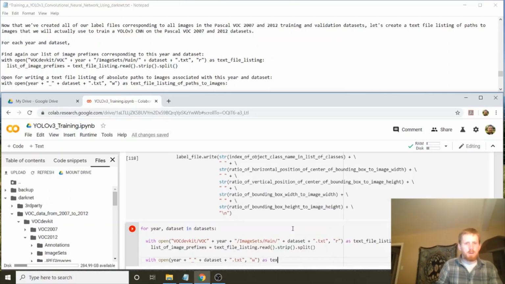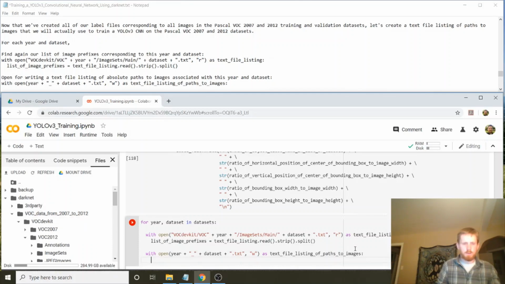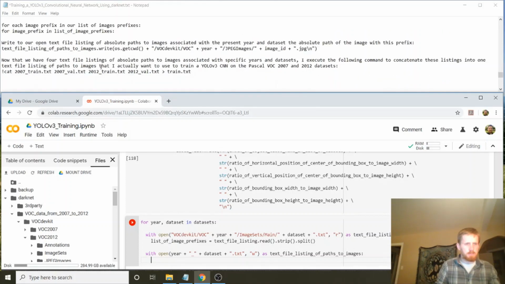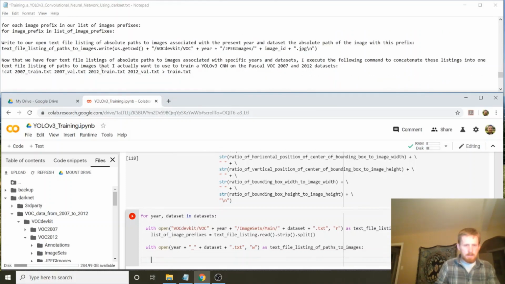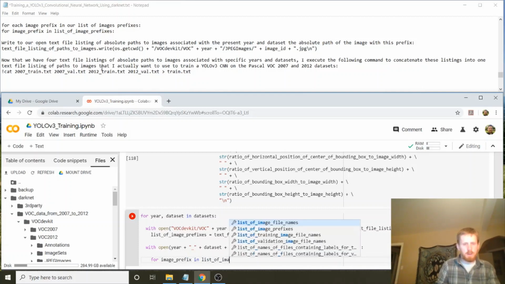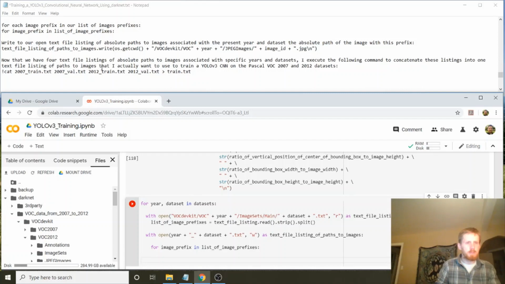And open this for writing, call it text file listing of paths to images. This will be saved in this VOC data from 2007 to 2012 folder. For each image prefix in our list of image prefixes, let's write to our text file listing of paths to images the absolute path of the present image,